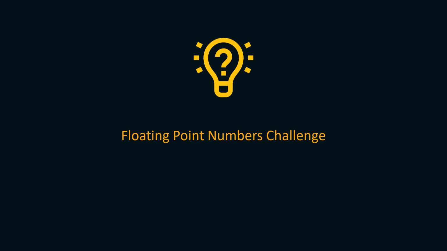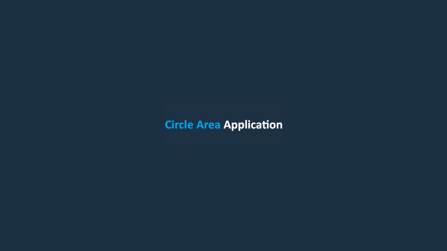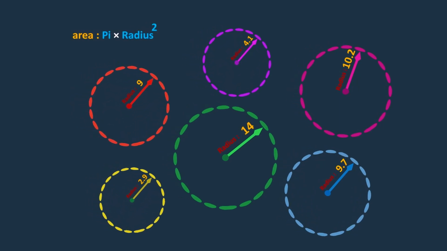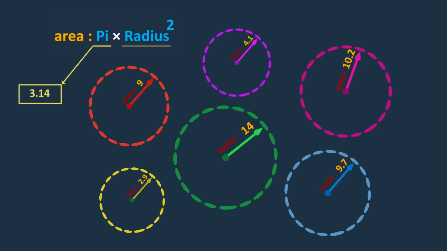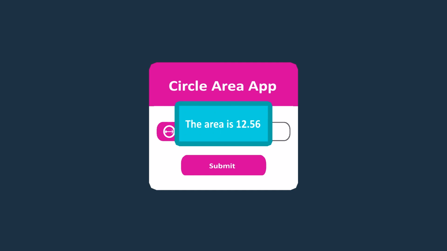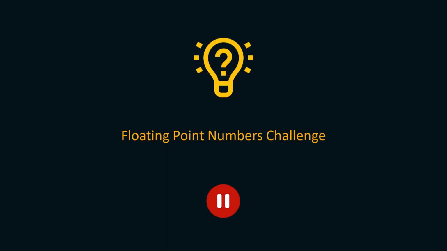In this lecture, we've prepared a challenge for you. Your task for this challenge is to create an application that can calculate the area of a circle. The formula for calculating the area of a circle is pi multiplied by the radius squared. Note that you'll need to obtain the radius value from the user as input and output its corresponding area to the terminal. Great. Now that you've heard the instructions, feel free to pause the video and dive into the challenge. Good luck.